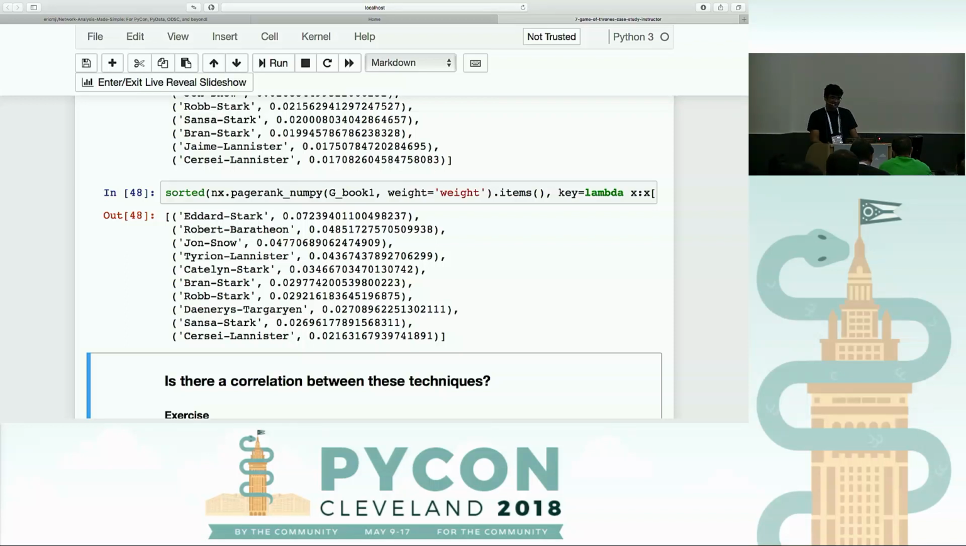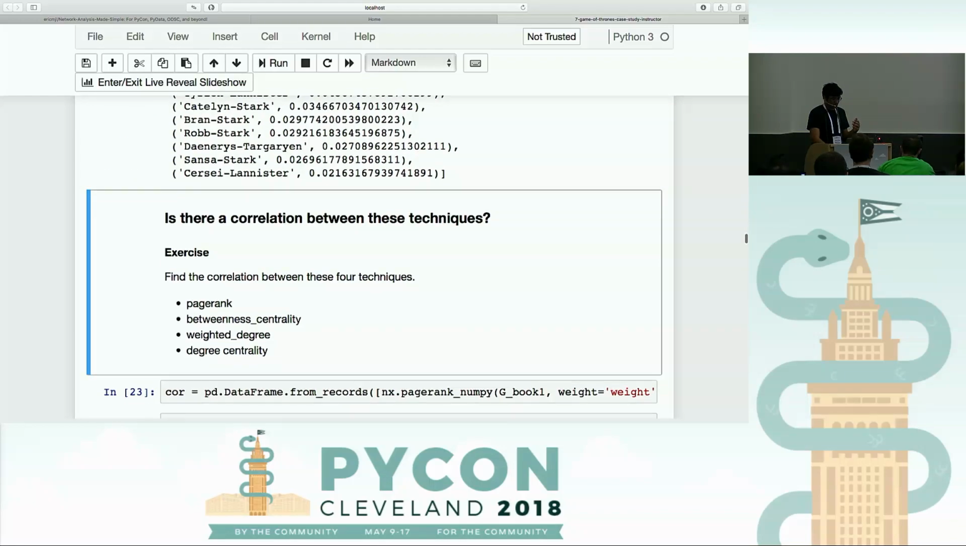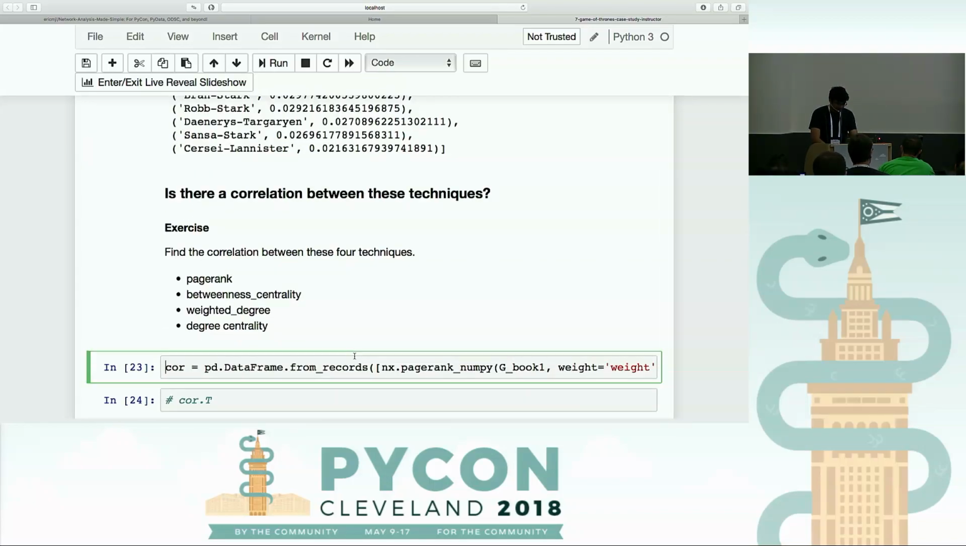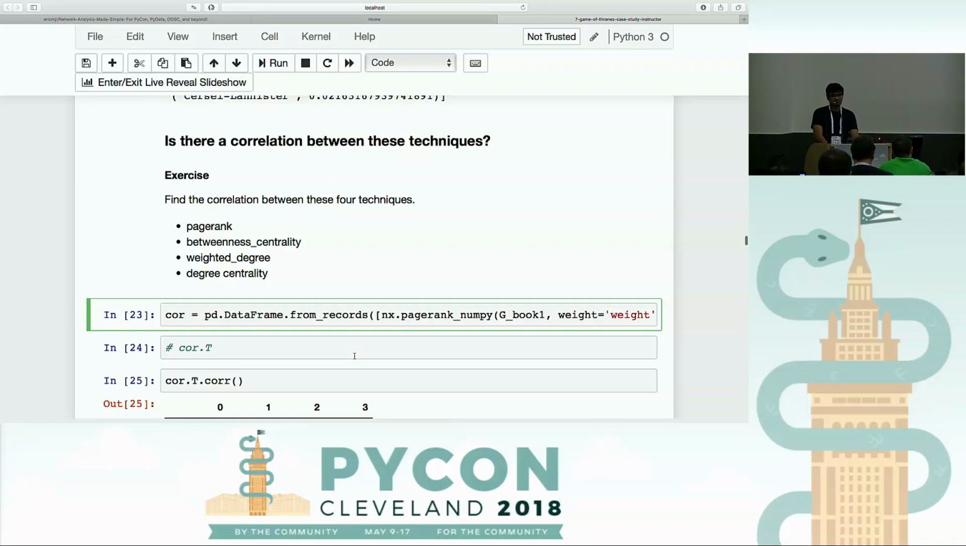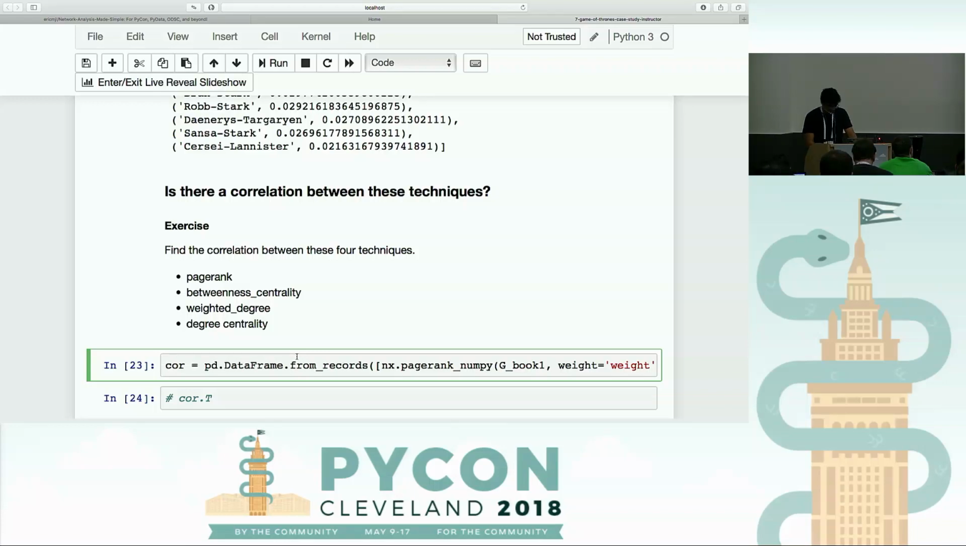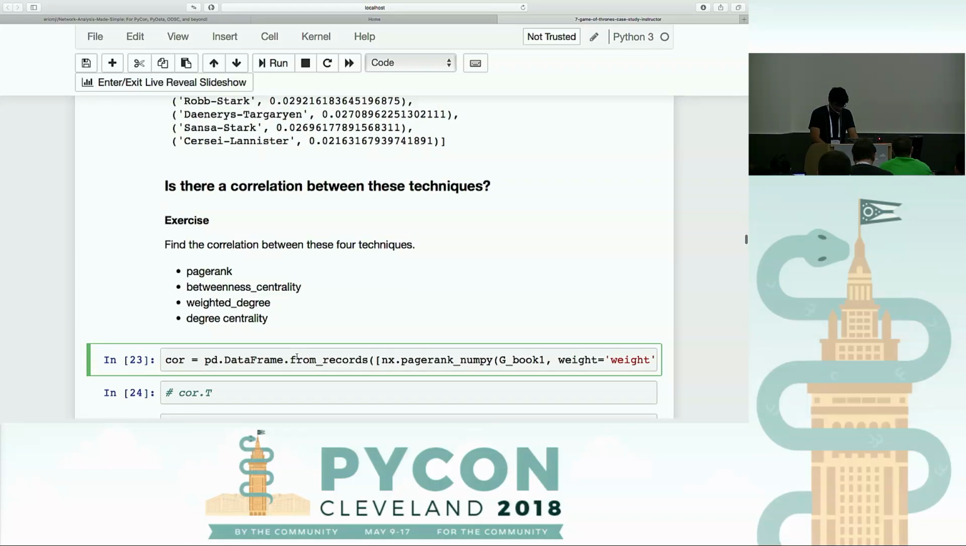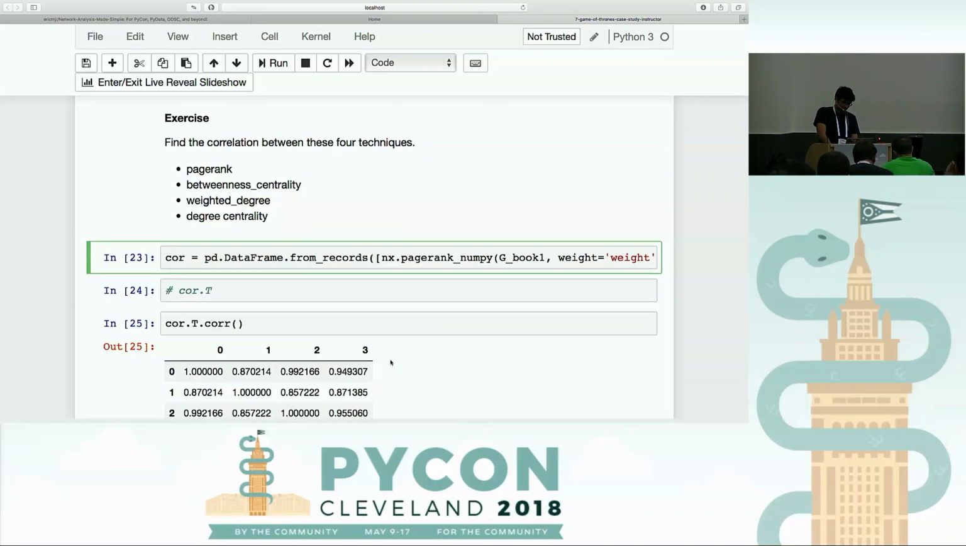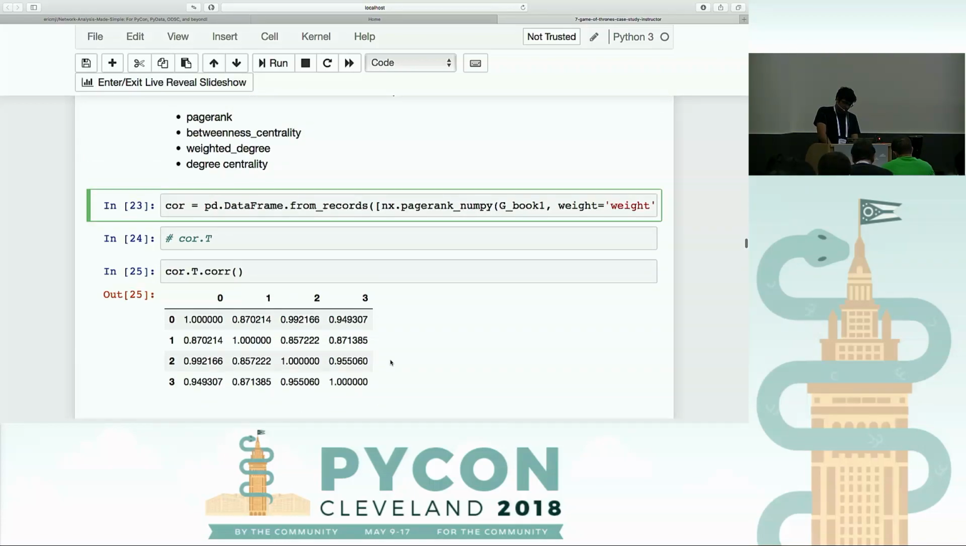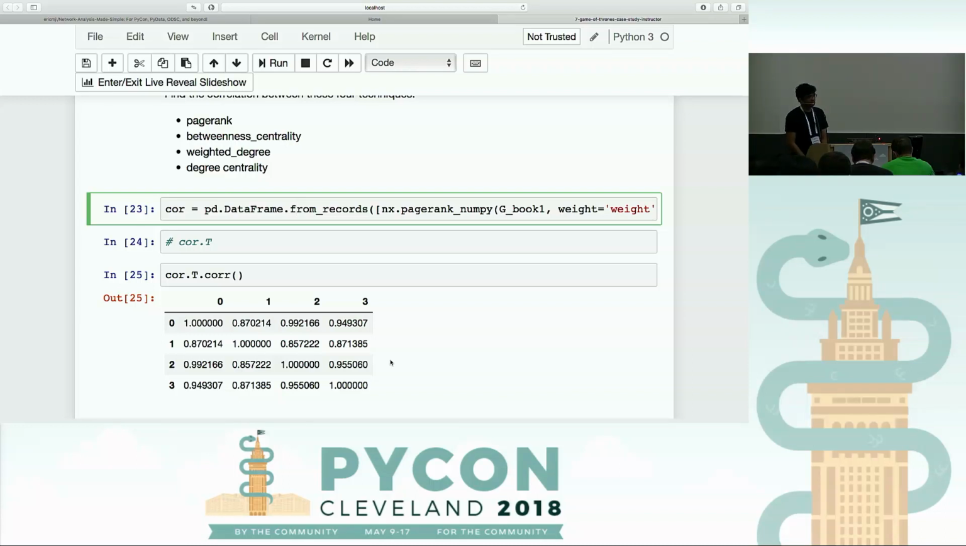But okay, let's see if there's a correlation between these techniques. These three techniques use very different ideas behind them. But do we find any correlation? This is an exercise. So people who are comfortable with pandas will find it kind of easy. And you have 5 minutes for this too. Once you are done,